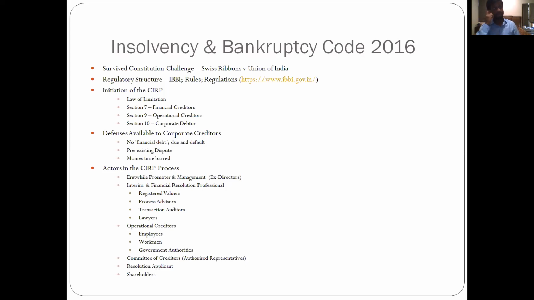Okay, fair enough. We have some visibility now. At least we know the Limitation Act will apply. But the problem still remains as to what entry of the Act will apply and what happens to all the cases between the Act coming into force and the amendment coming into force. Specifically between 1/12/2016 to 6/6/2018, what happens to the filings, or what happens to the cases which have been filed by the FCs and the OCs then?